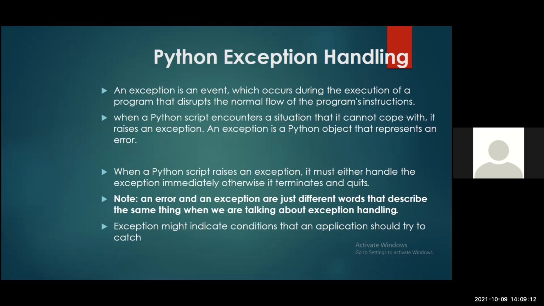So the next thing is exception handling. What's an exception? An exception is an event which occurs during the execution of a program that disrupts the normal flow of program instructions. When you're running a few lines of code, there are cases whereby your code stops giving you the required output that you expect. Maybe it gives you something like a key error; depending on the computation you are executing, it can give you different output.